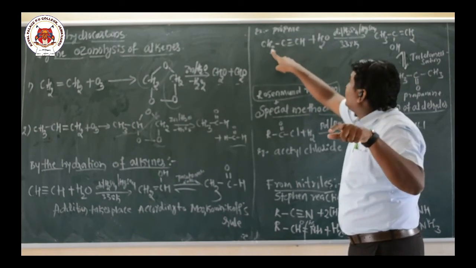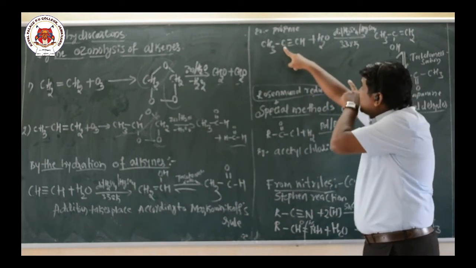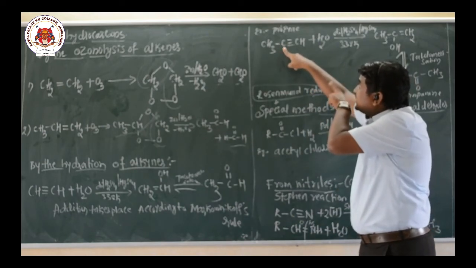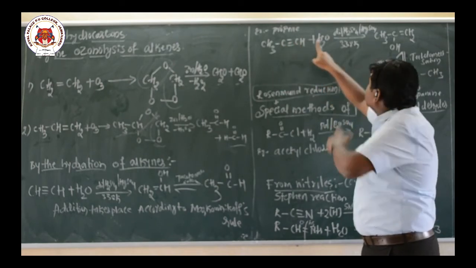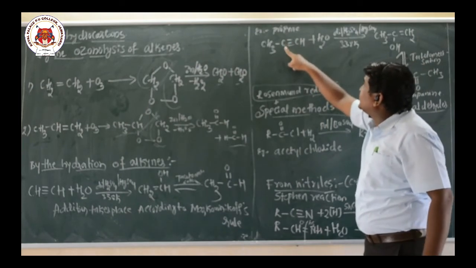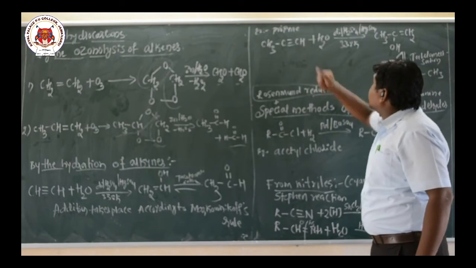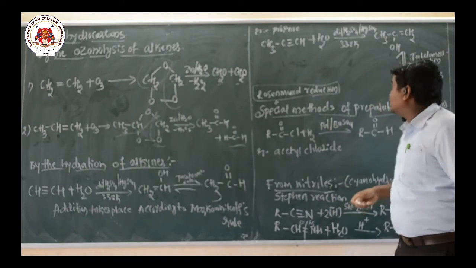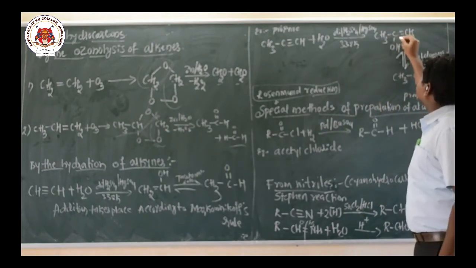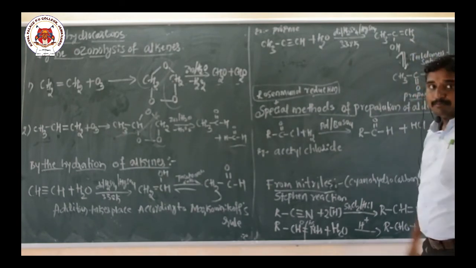Now the compound becomes CH3 single bond C, and here you have to add OH, because Markovnikov's rule states that addition of hydrogen is where the carbon contains more hydrogen atoms. So the compound becomes CH3C with OH on this side, double bond, and this becomes CH2. After this, again tautomerization, a change in the position of hydrogen atoms. Hence the compound is CH3, C double bond O, single bond CH3. Just the position of hydrogen is changed, and the name of the product is propanone.